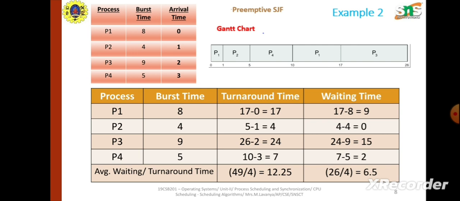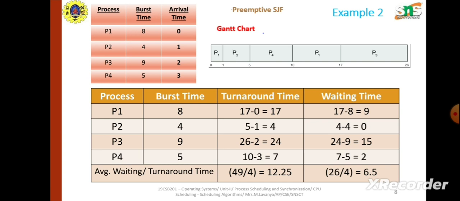Since this is an example under preemptive SJF, if a new process with the smallest burst time arrives, the currently executing largest burst time process will be preempted and placed in the waiting queue. So P1 will be preempted at the time interval of 1 millisecond and placed in the waiting queue. Then the process P2 will start its execution at 1 millisecond. Its burst time is 4 milliseconds, so from 1 to 2, process P2 will be executing,